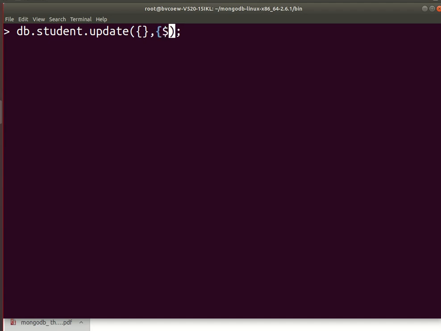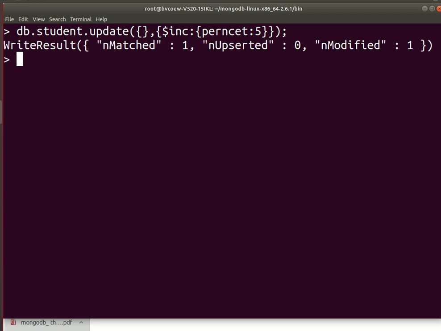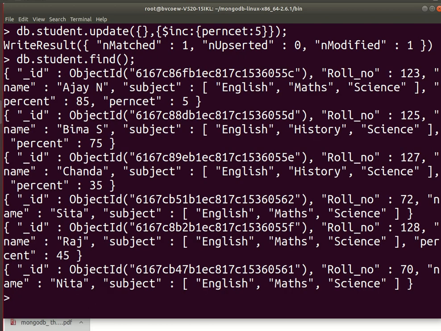To increment the percentage, I will use the $inc modifier, which will increment percent by 5. At a time it is incrementing only one document, so with find I will show you which document has been incremented.